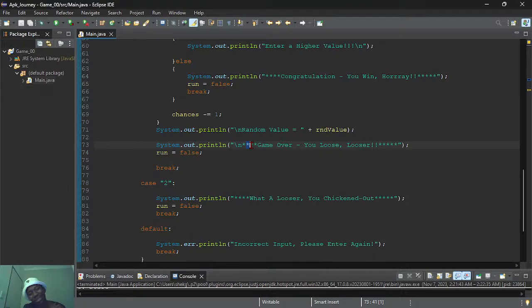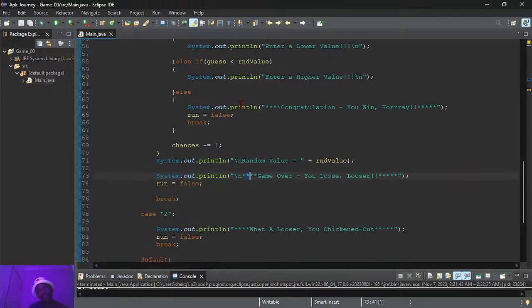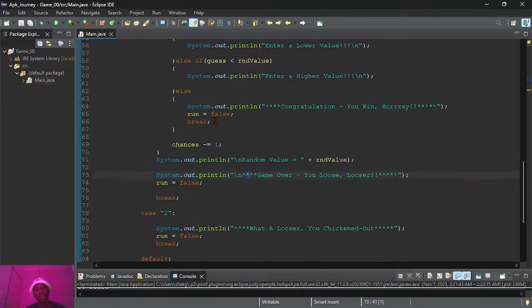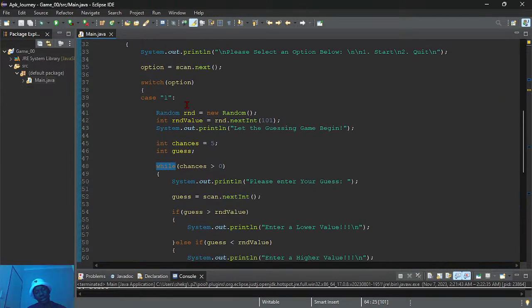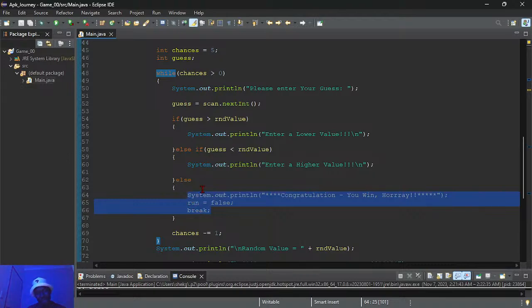Okay, why? I thought this is supposed to break the while loop. Like, does it break the while loop in this case, or does it break the if statement?